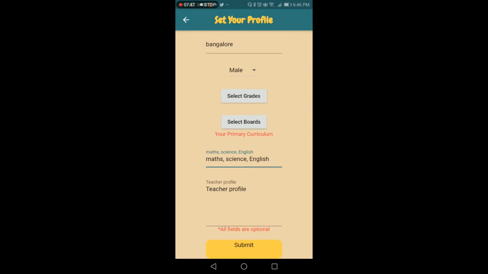Okay, then you can put the teacher profile. So this teacher profile is the one that will appear to the students when they log into the app. Okay, and this is very important because based on your profile, the students will join your classes. So when you publish your classes, as I explained, you have 3 options. So the students will view your profile, and based on your profile and your lecture videos, they will join under you. Okay, so you can put this profile and you can change it any time. So I think no need to worry too much about this. You can put some descriptions and then click submit.